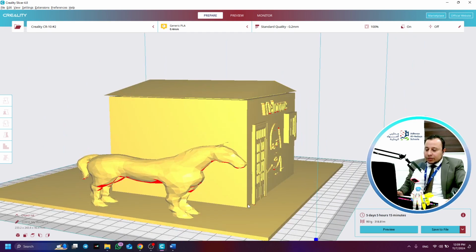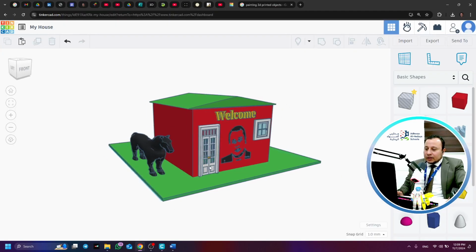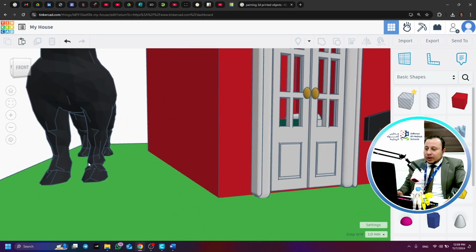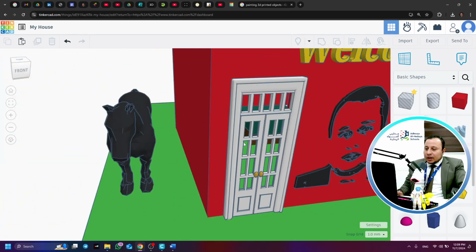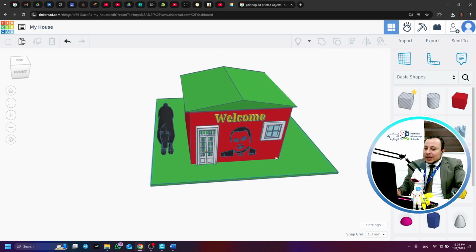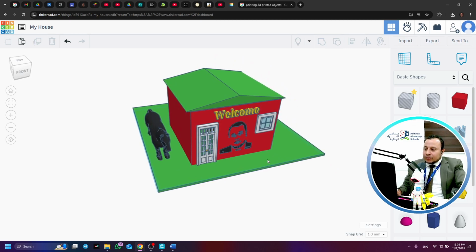We add support. So if you go back to our Tinkercad design, again, here, the belly of the horse, you know that there will be nothing to support this area. And how about the roof? So the best practice, the best advice to do now is